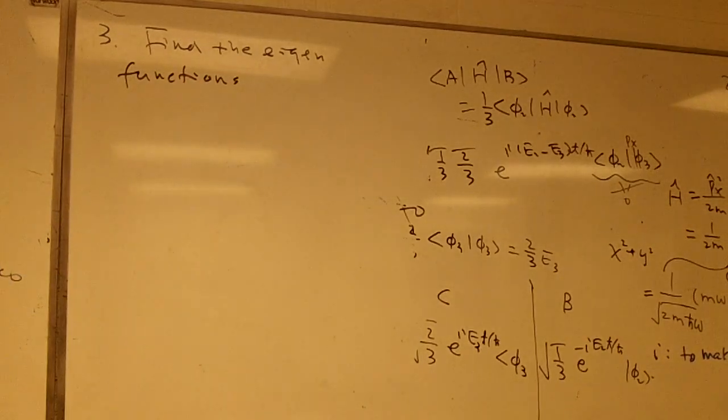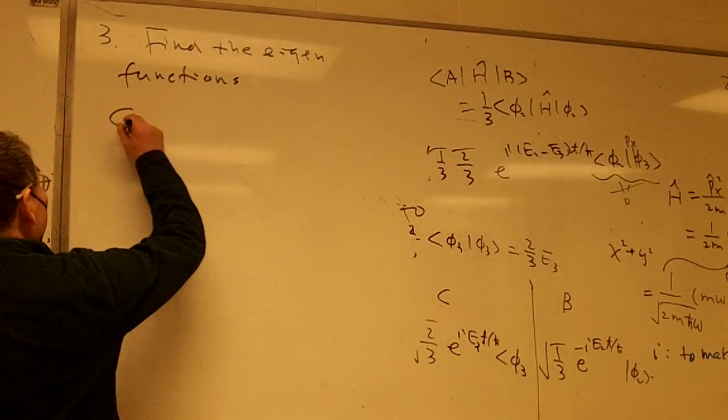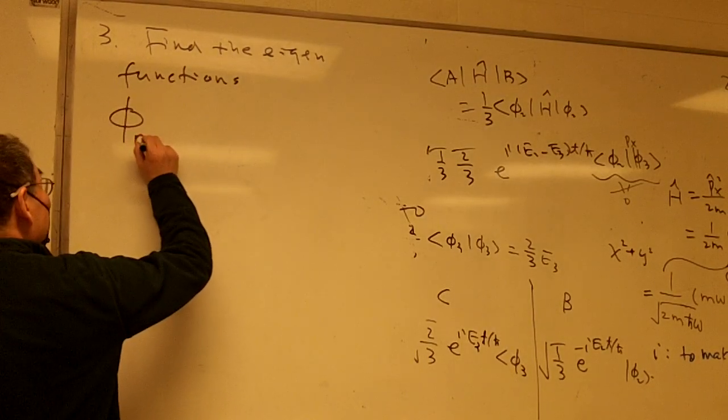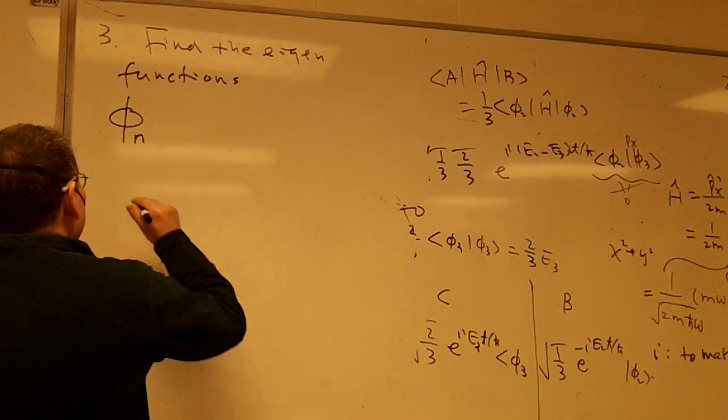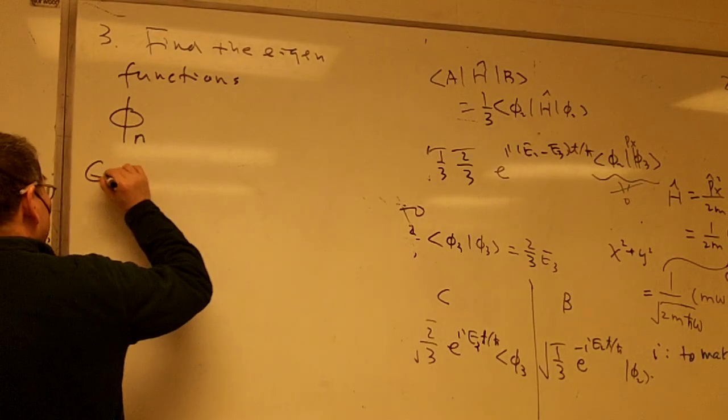Find the eigenfunctions. I found this part extremely interesting, and I'm going to show you systematically what that is. I'm going to denote the eigenstate, called phi sub n. That's the eigenstate. So now, suppose the ground state